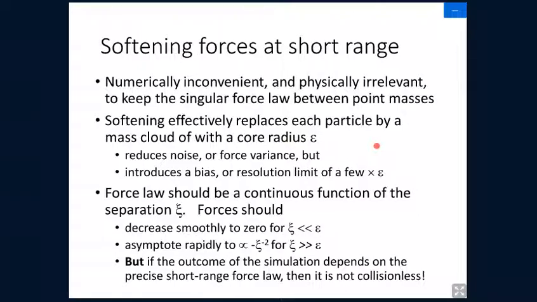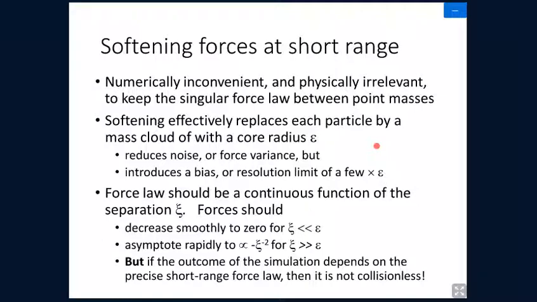But then that, which is a real advantage, introduces a bias into the simulation, because you cannot resolve density structures on scales which are smaller than the softening length, and they're not well resolved until you get to several softening lengths away from the